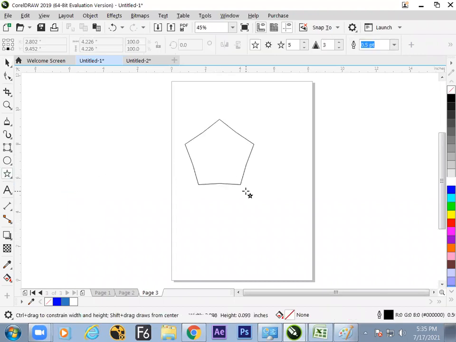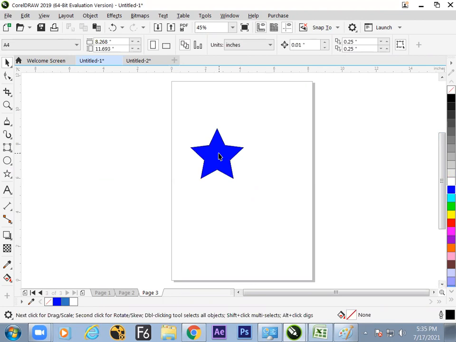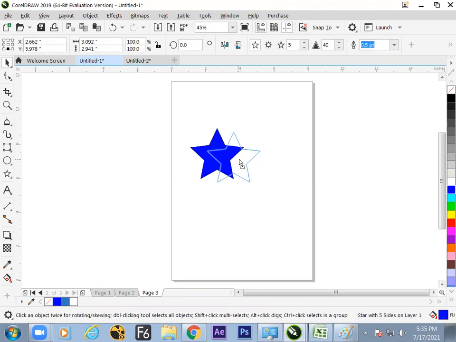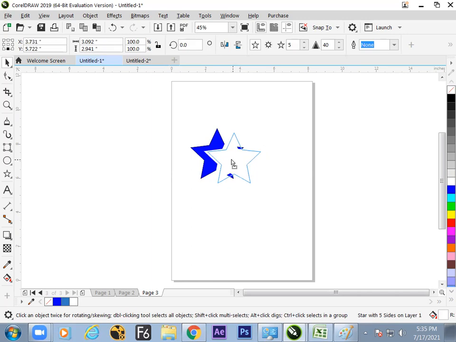Make a star with the star tool, which is here, and get it down with a proper calculation. Fill the color as required and get a duplicate with the plus button and place the same star at the same place with a white color and set the stroke to none. Either you can right click here or there. So what you're seeing now, make a cut with the same shape.